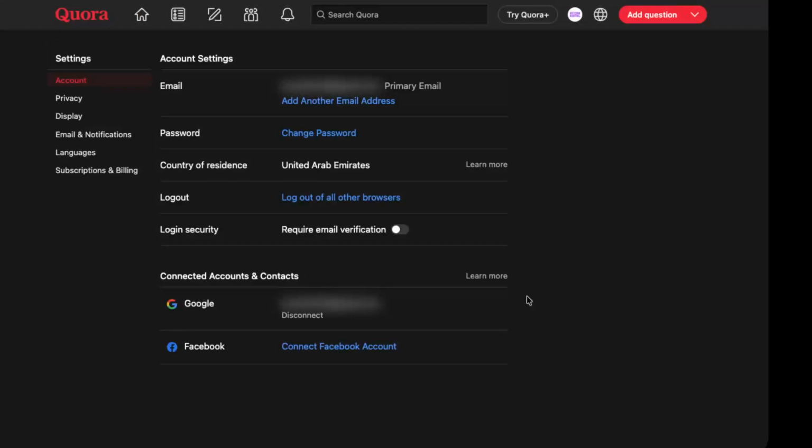From that drop-down menu, find and click on the option labeled Settings. This will take you to the main settings page for your Quora account. It might take a second to load, but once it does, you'll see several sections and options related to how your account behaves. On the left-hand side of the settings page, there's a vertical menu with different categories, such as